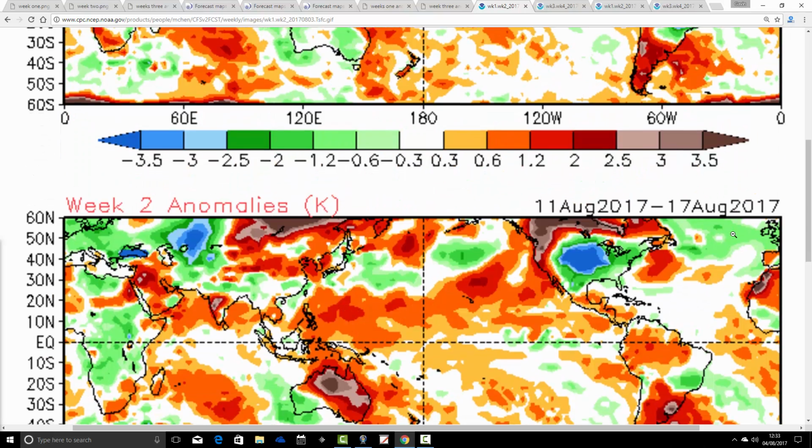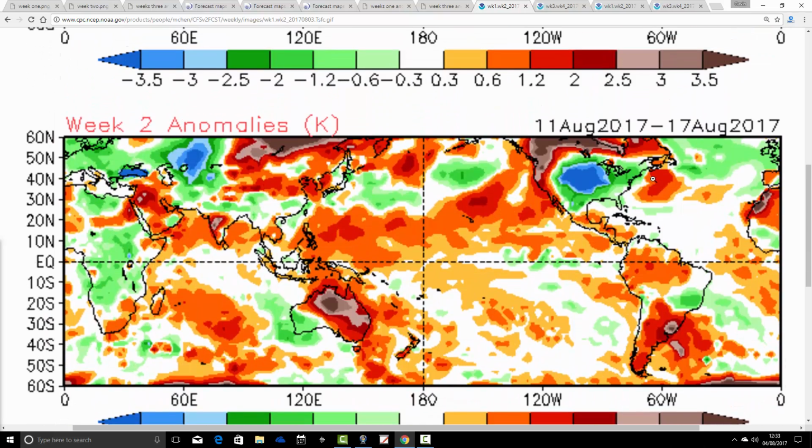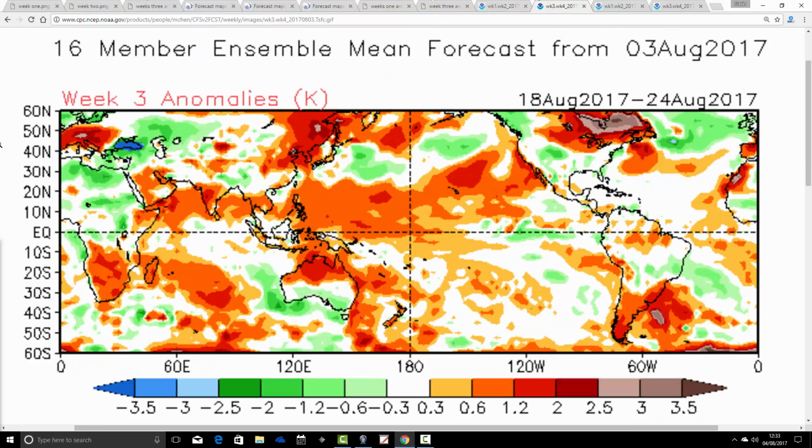Hardly a surprise given the pattern, and still looking cooler than average through the week 2 anomaly, 11th to the 17th of August, still coming out on the cooler than average side. Week 3 temperature anomalies are showing a bit of a recovery, but overall still a little bit on the cooler than average side. Notice it's very warm across many parts of Europe, and I suspect for the south we would